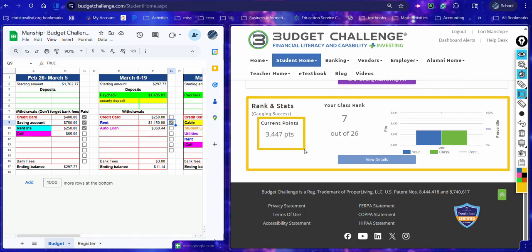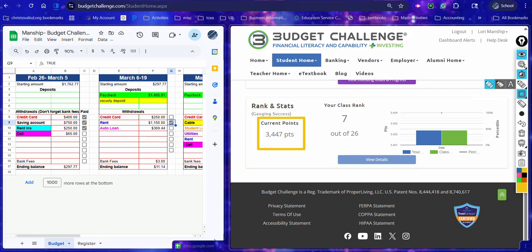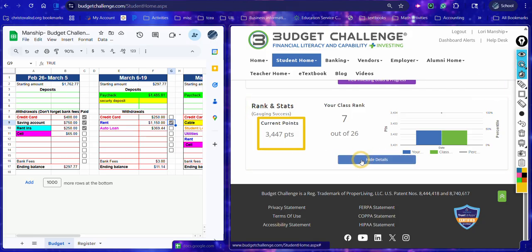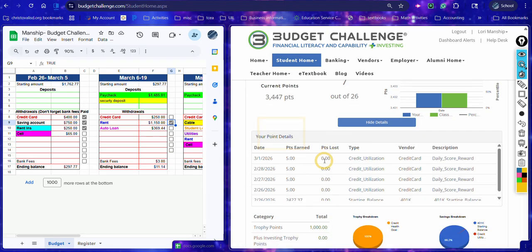Your current points are here. And then if you click on View Details, it tells you what you've earned and what you've lost. This lost column is where you want to make sure you're not having anything. Those are the points that are going to hurt you. And if we keep scrolling down,